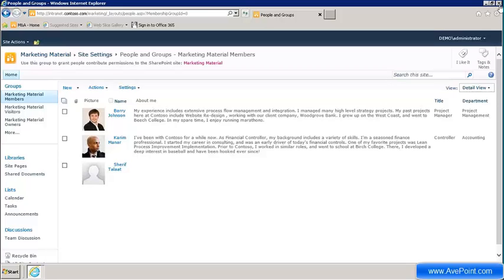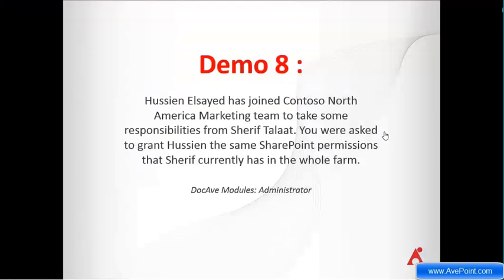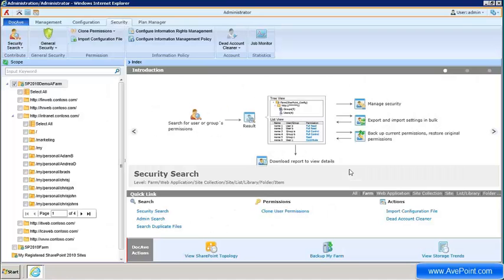I'll close this, and the last demo is now this guy, Hussein Said, who has joined the Contoso North American marketing team to take some of the responsibilities from Sharif Tamat. So you were asked to grant Hussein the same SharePoint permissions that his peer Sharif currently has in the whole farm. So the issue is I don't know the current permissions of Sharif. So what I'm going to show you now